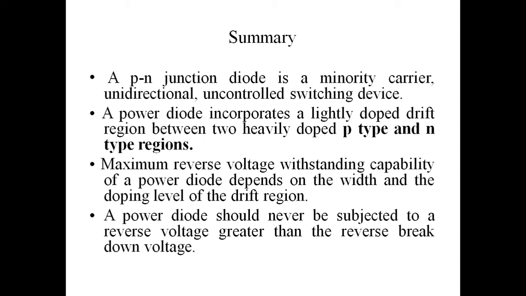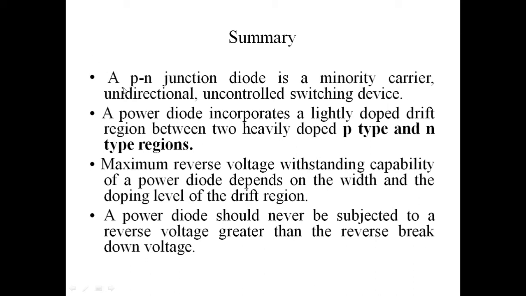In the last lectures 1 to 4 we went through the PN junction diode and its behavior when it is connected to reverse bias, when it is connected to forward bias, and when it is in thermal equilibrium condition. Then we went to the IV characteristic of forward bias and reverse bias. Then we went through the voltage and current rating related to the forward mode and the reverse mode. Then in the last lecture, number 4, we saw the turn on and turn off characteristic of the SCR. So now I'm going to summarize all the points.